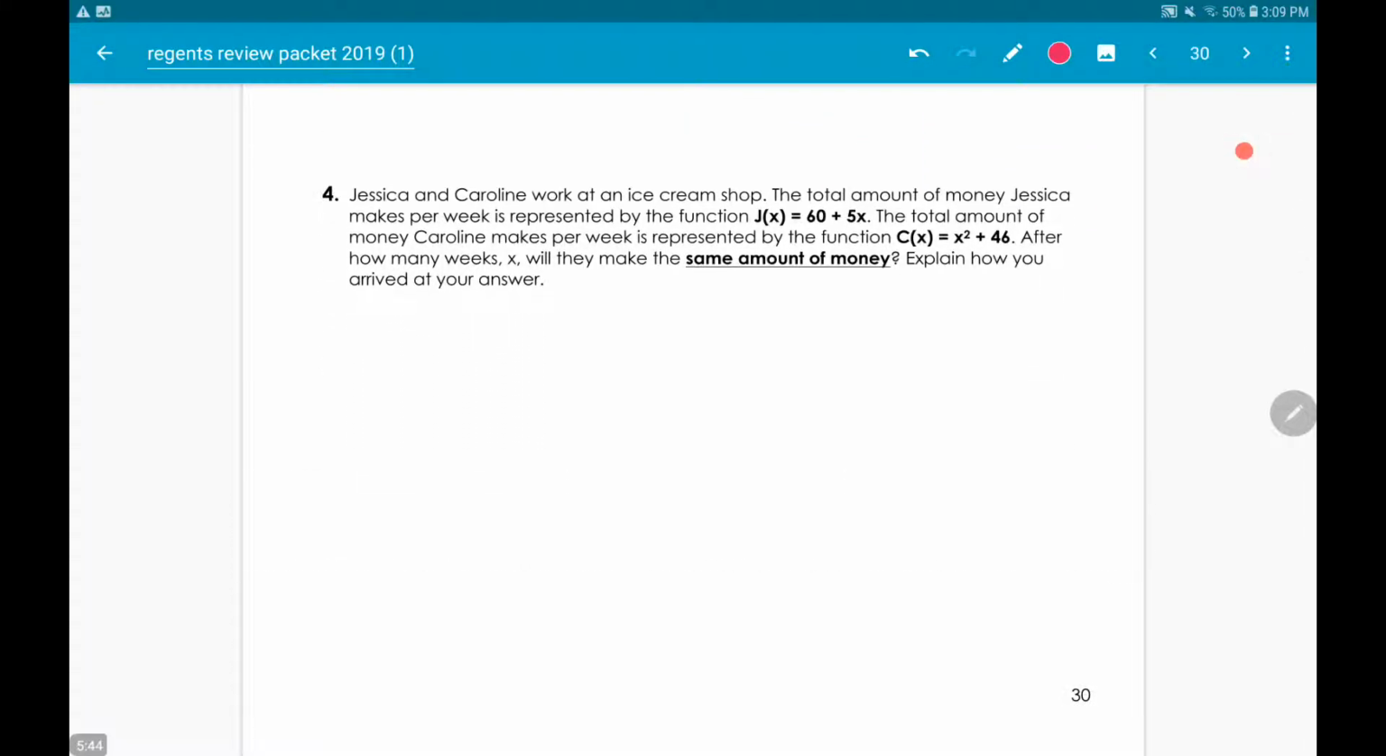All right. Now for number 4, I have two equations. I have what we call a system. So when I have two equations, it is a system. And I can solve them graphically, numerically. It doesn't say in this problem how I have to solve it. It just says how many weeks. Okay. So if I'm doing it algebraically,